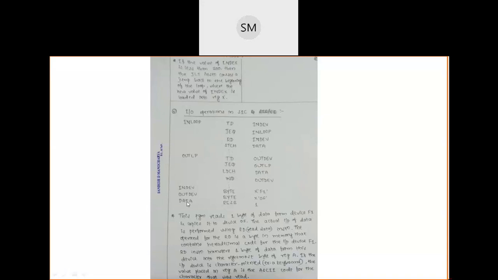Clear? And the data size is what? The size of this variable data is 1 byte. One by one, all the characters you press on your keyboard will be stored into this data variable. Okay, the next is the output loop. After execution of this STCH, the next executable statement is once again TD, and this TD is inside one more loop, that is the output loop.